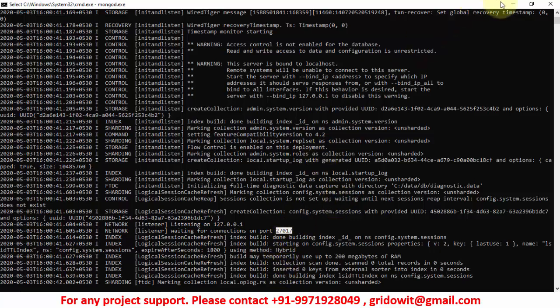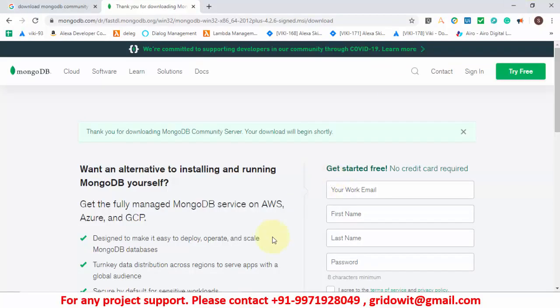So this is the default port. Now we have to keep this command prompt open, and we will open a new command prompt where we can execute our MongoDB commands. Let me minimize this,